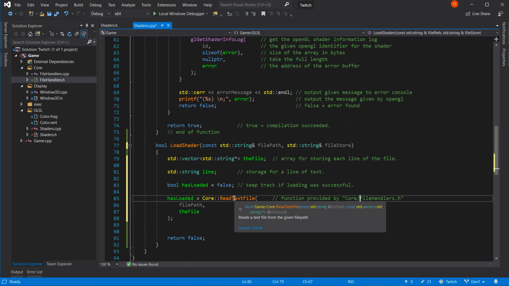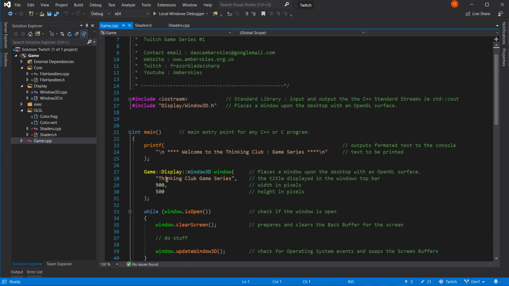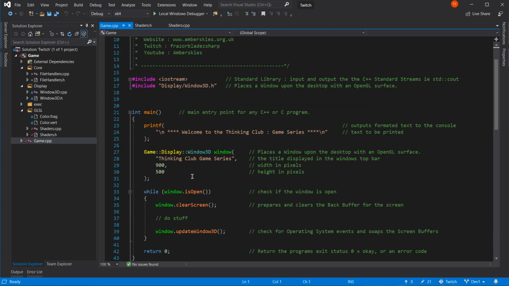Let me just show you something in game here, where we do window 3D, places a UI window upon the desktop with an OpenGL surface. It says it there. And it's not getting it from here, it's getting it from the file. It's just I copied and pasted it over because I'm like that.